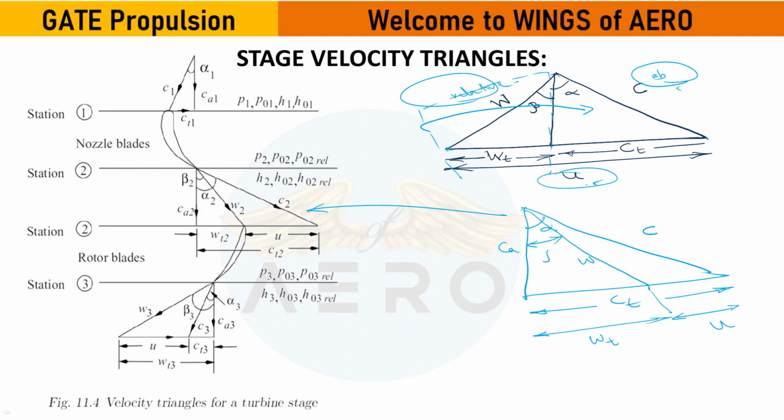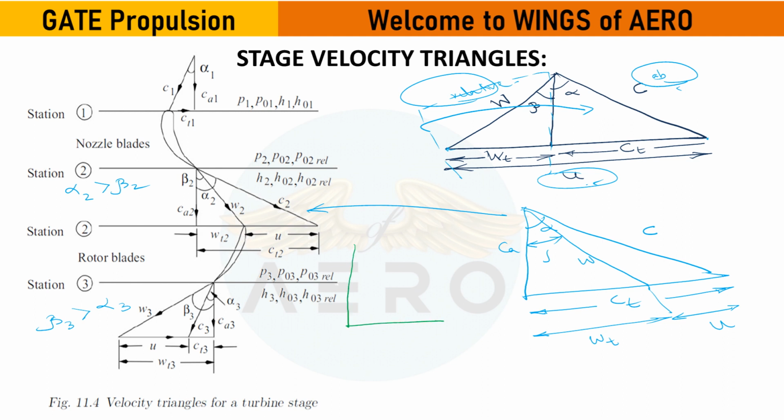Now one more remarkable thing you can notice here, especially in the turbine: alpha 2 is greater than beta 2, whereas at the end of the rotor blade beta 3 is greater than alpha 3. So just take the same thing, the same concept. When we overlap the area and consider the beta to be more,